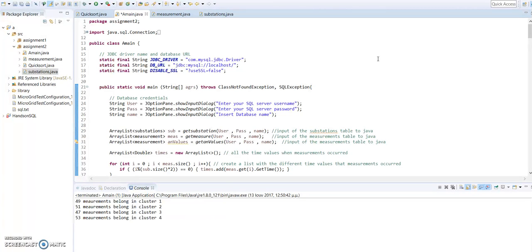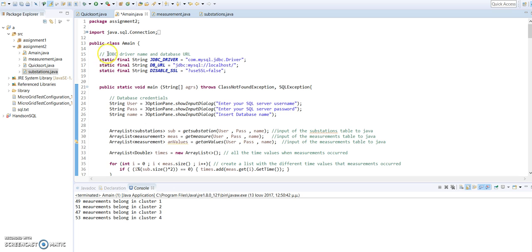We are not in the same cities at the moment, so I will be presenting the k-means clustering, and he will be presenting the k-nearest neighbor algorithm. We begin our assignment by